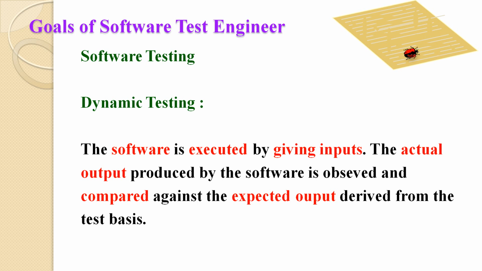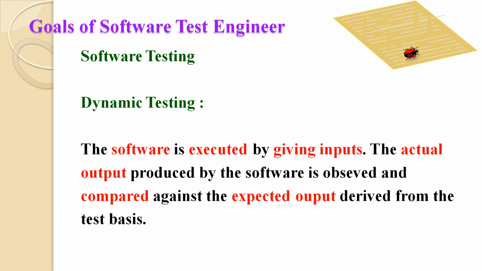Example for better understanding. During dynamic testing, I want to test the login functionality. If I want to test the login functionality, then I have to give the inputs. So obviously I have to give the user ID and password. After entering the user ID and password, I have to test whether the login functionality is working properly or not. Now after entering a valid user ID and valid password, click on the login button or the sign in button and then we have to observe what will happen. According to the client requirements, say the home page should be displayed.